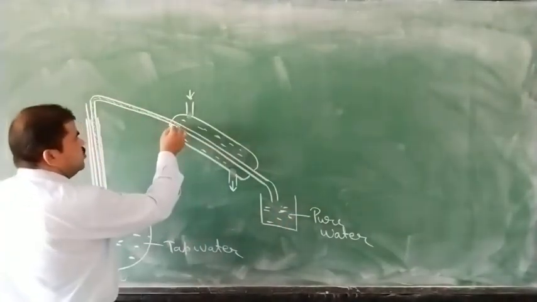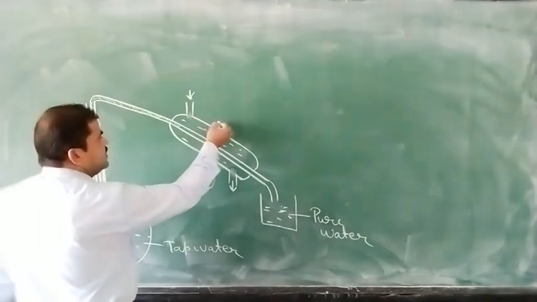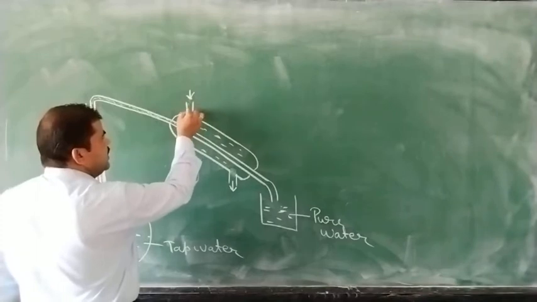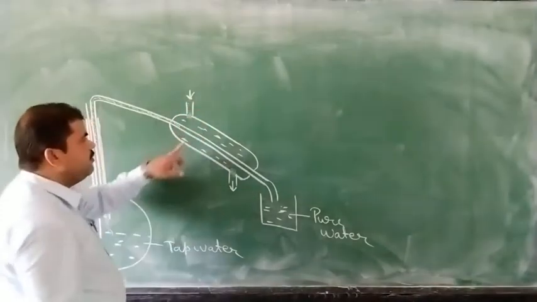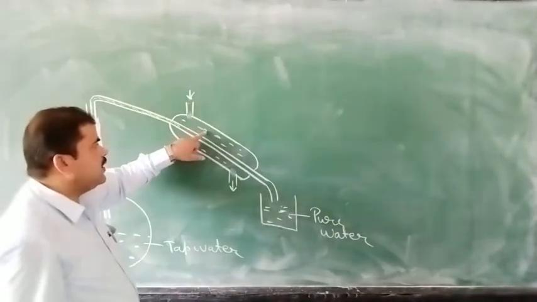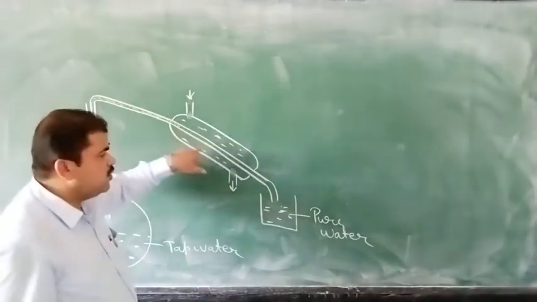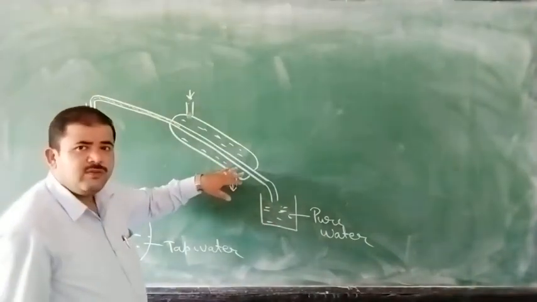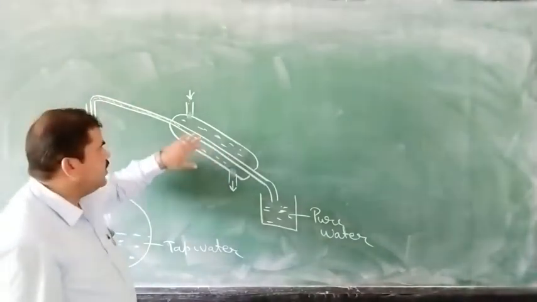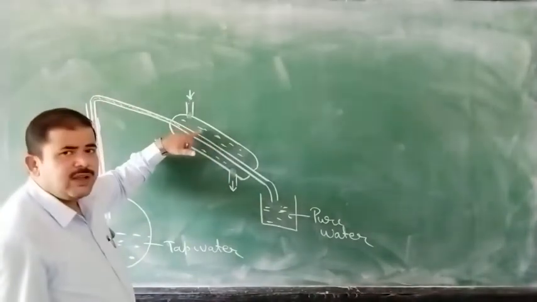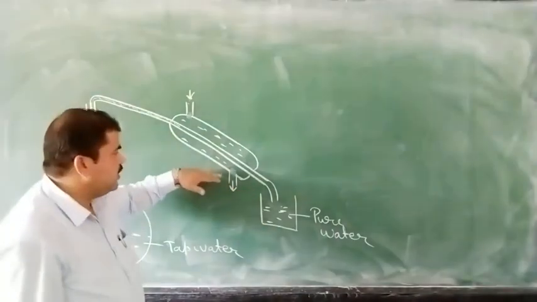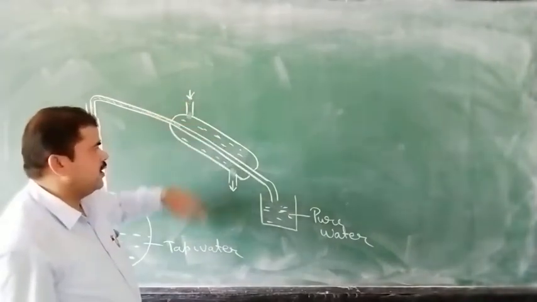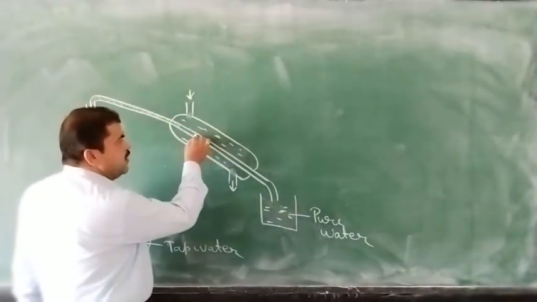This condenser is called the Liebig condenser. Inside it, there is one inlet, and by this inlet we will put in the cold water. This cold water condenses the vapor of the water into the liquid form, and there is an outlet here. By this outlet we can remove the hot water, because in the cooling procedure the cold water will change into hot water. So we will drain the hot water by this outlet, and again we will put in cold water. This cold water condenses the vapor of the water into the liquid form.